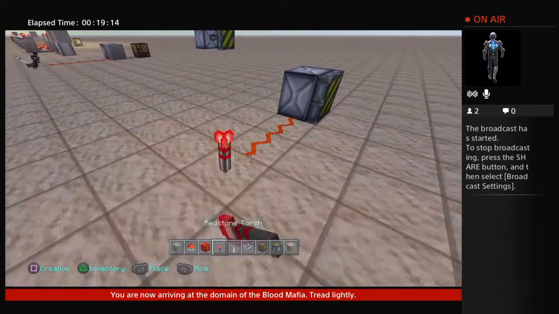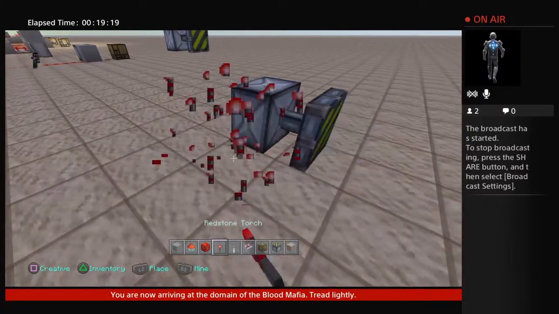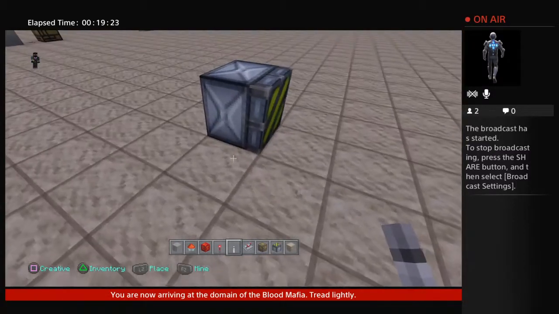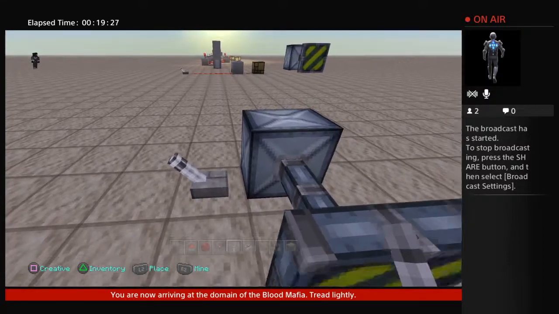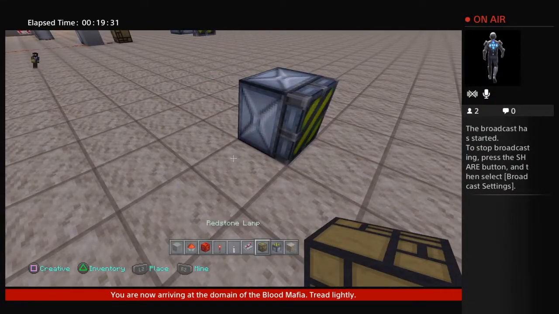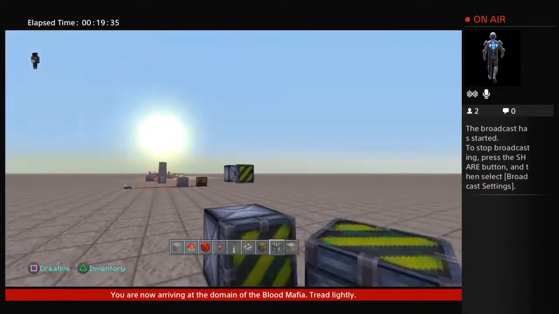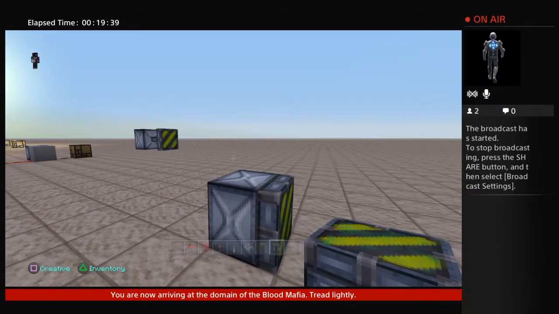This includes dust, redstone blocks, redstone torches, levers, as long as the levers are connected to a block that is beside a piston, or occupying a space that is right next to a piston, like this. Other pistons can sort of, but it depends on the